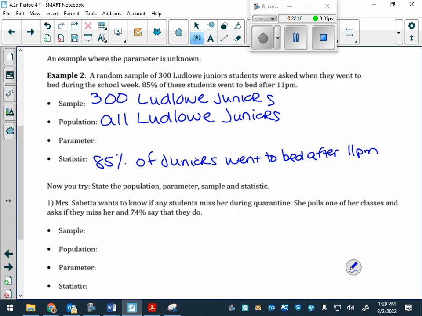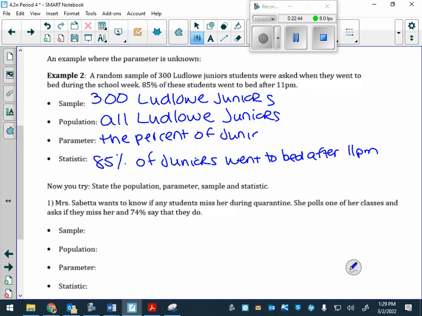Okay. So, based on that statistic, you can include 85% of 300 juniors or 85% of the random sample. That could be included. Okay. The parameter is we don't have a numerical value to represent the parameter. So we are going to replace a number with the percent